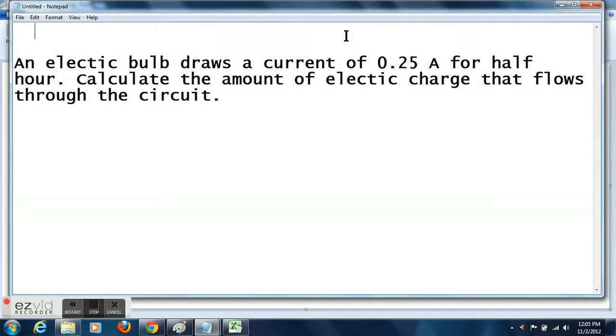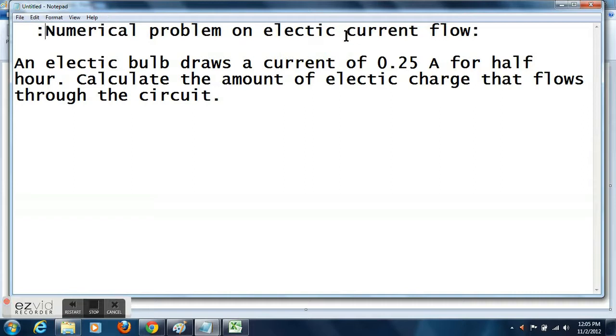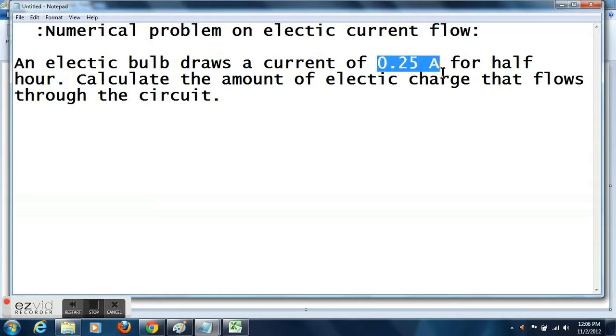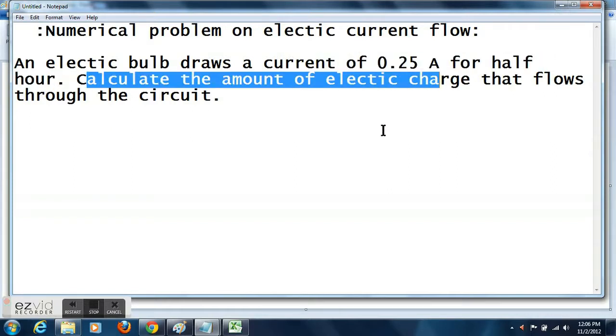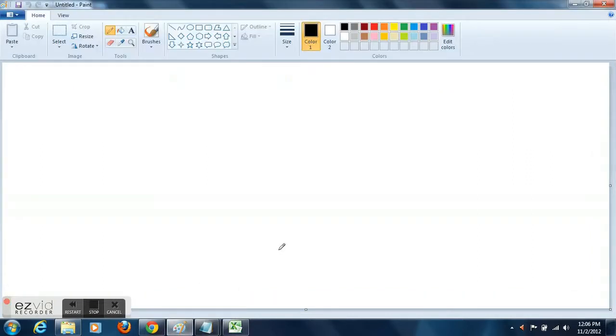In this tutorial I'm going to discuss one simple numerical problem on electric current flow. The problem is this: an electric bulb draws a current of 0.25 ampere for half an hour. Calculate the amount of charge that flows through the circuit. So the problem is, the electric bulb glows for half an hour and the current is